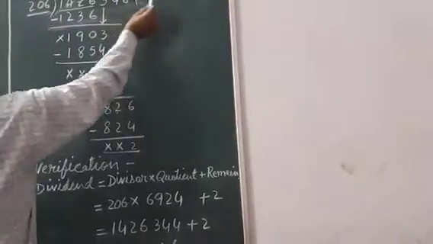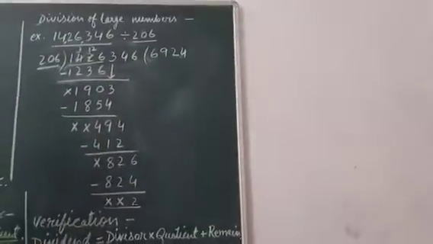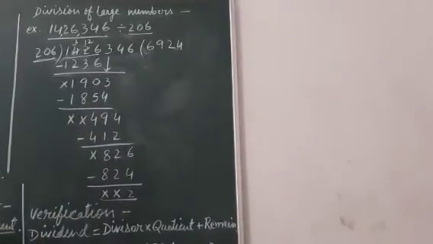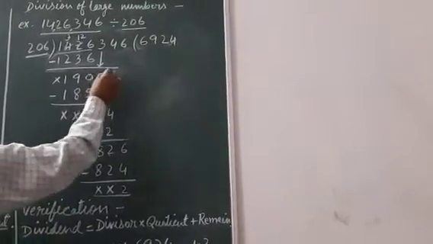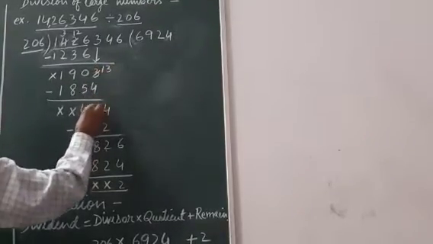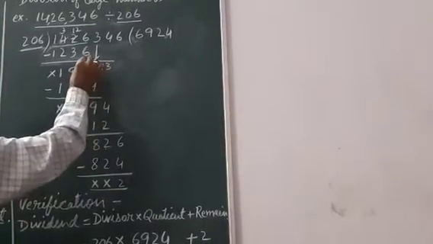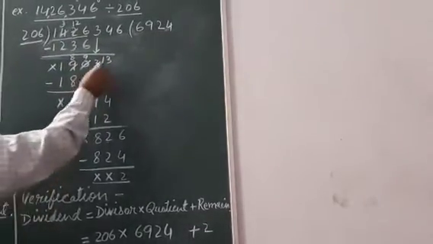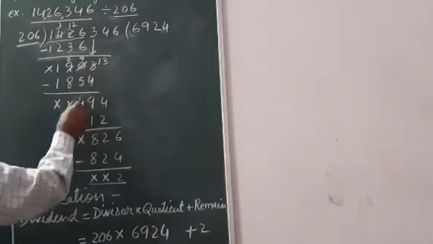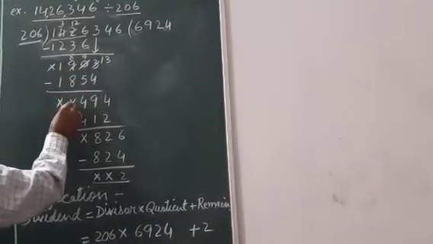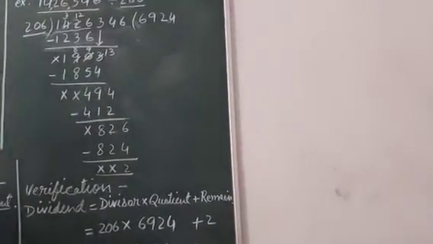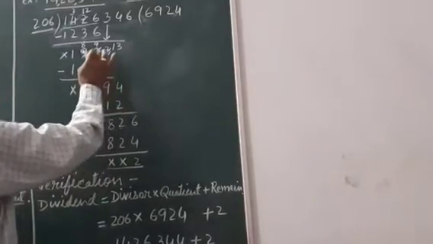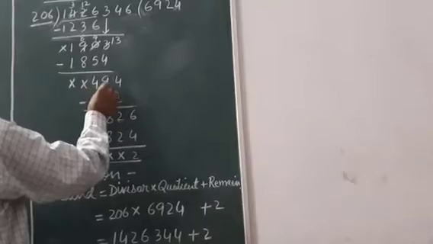The product of 206 and 9 is written over here. Now we will subtract 1854 from 1903. 13 minus 4 will give you 9. 9 is left here. 8 is left here. 13 minus 4, 9. 9 minus 5 will give you 4. 8 minus 8, nothing. 1 minus 1, nothing. We are getting 49. The difference between these two numbers is 49.